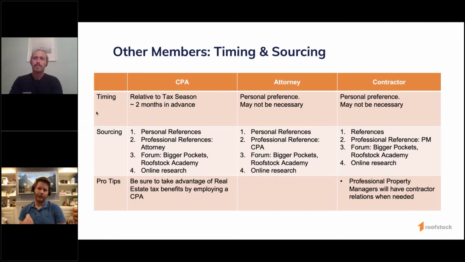Now, this is not somebody you need to add immediately before you buy, but I would just time it with when you are going to need to submit your taxes. So what are taxes due in April? I think they moved a little bit with COVID. So if I'm buying a property,